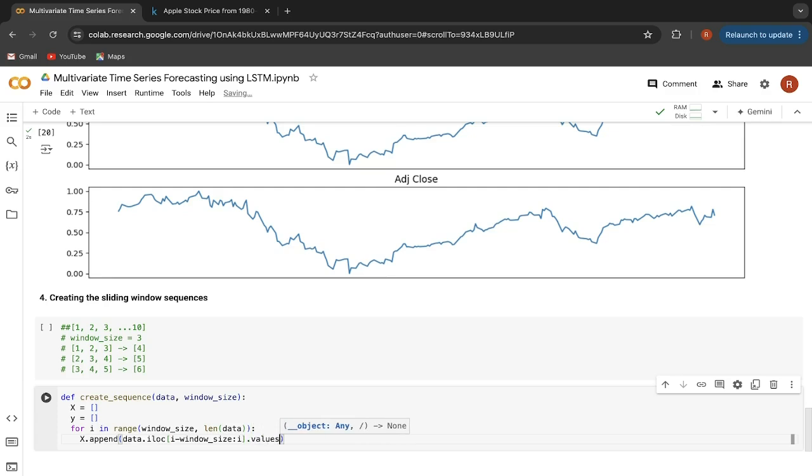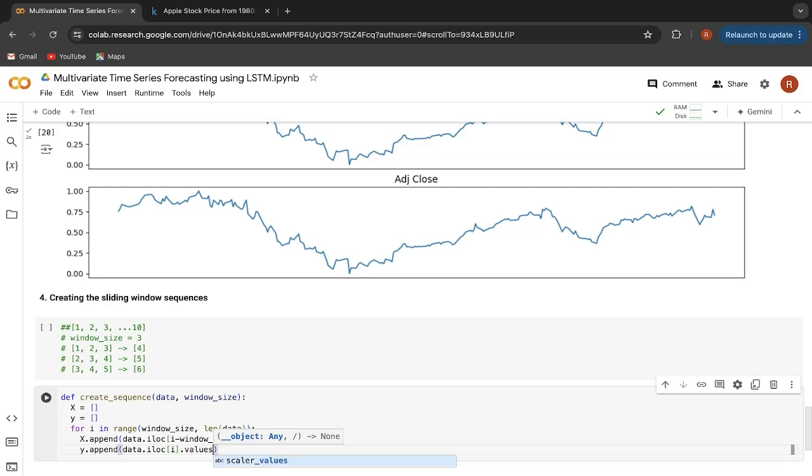Fine. So in this X list, we will append the sequence of data starting from i minus window size up till i, and then in Y, we will append the values. So let me say append data.iloc of i dot values. Fine. So after appending this data in the X and Y, then we will return it.